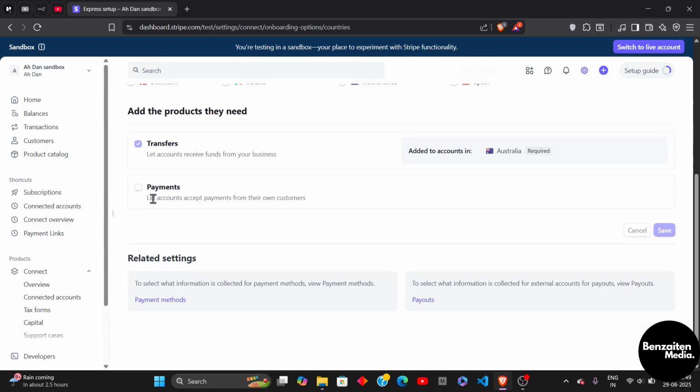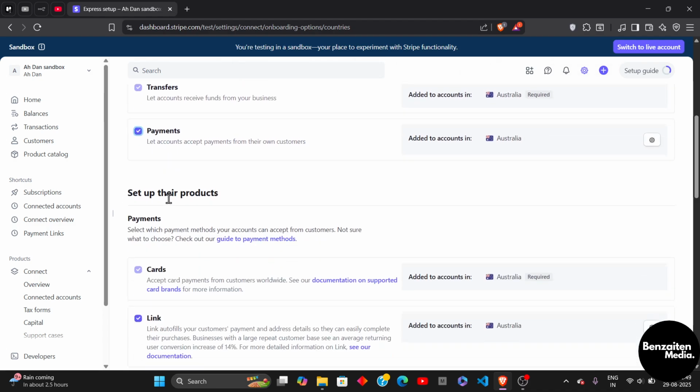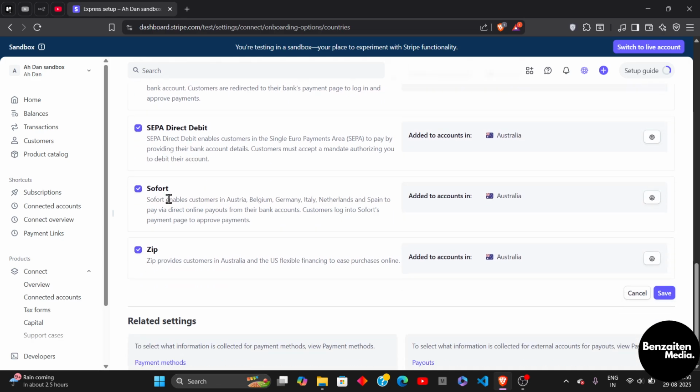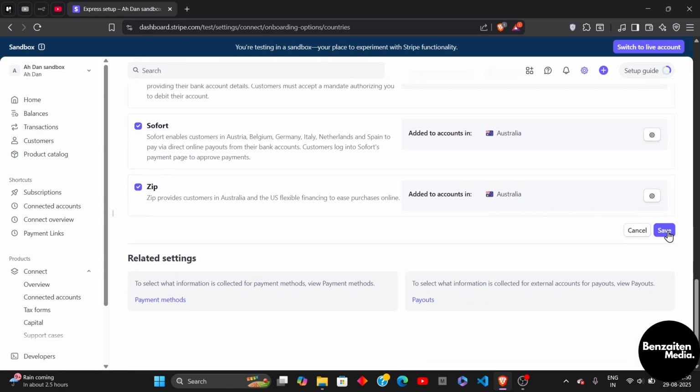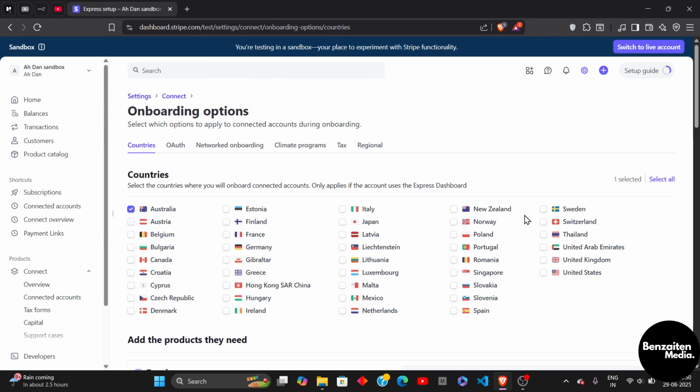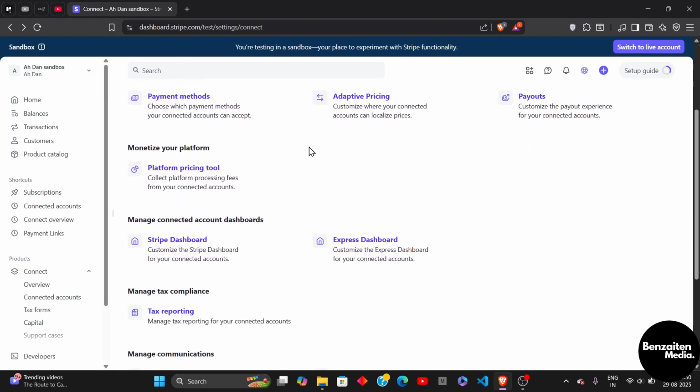So when you have chosen your country, you can choose the payments, and after that you can set up your product. And when you are done, you can just simply click on the save button here on the right side at the bottom. And when the details are saved, you can just head back and then you can click on